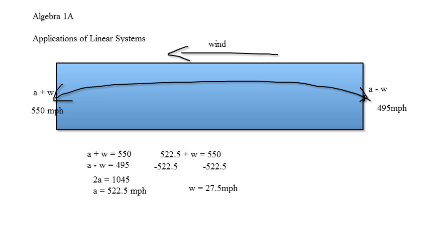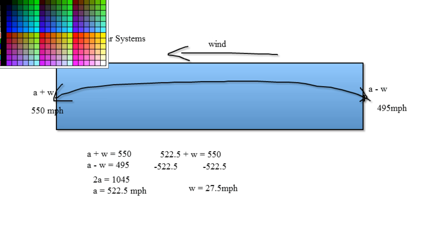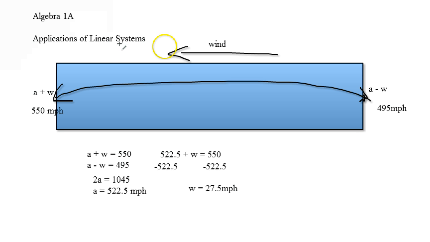Now, this can also be used for boats. Excuse me. Instead of wind, we actually have what is called a current. And a current, for those of you who aren't very big boaters, is just the direction of the water. So if you went upstream paddling in a canoe, it's going to be slower than if you went downstream in the same canoe. So if the current's going this way and you went up current,